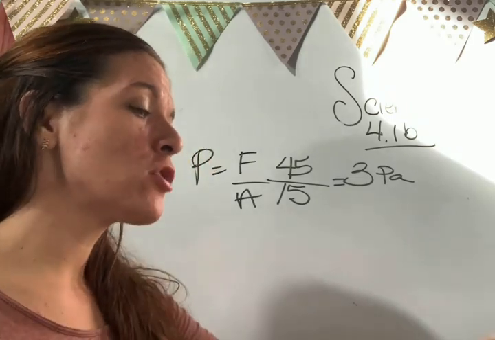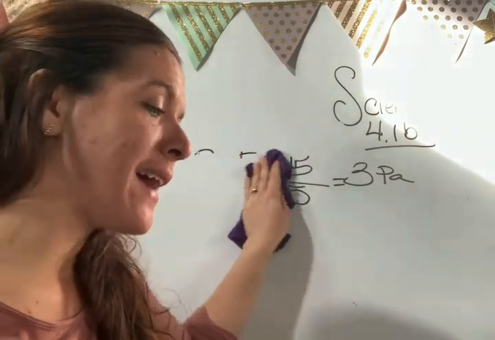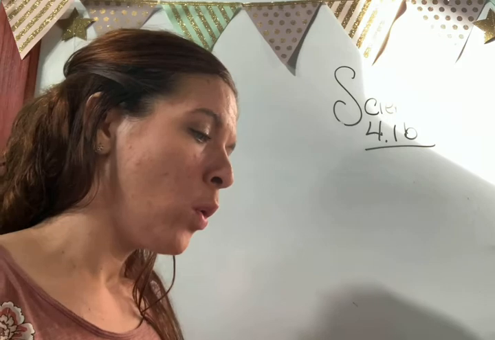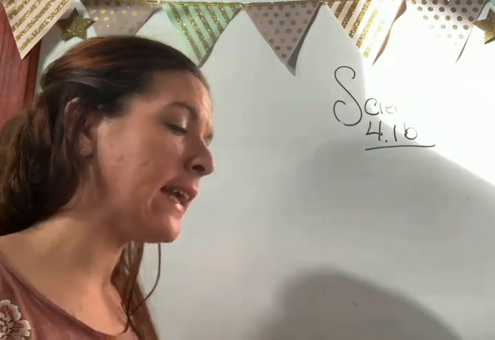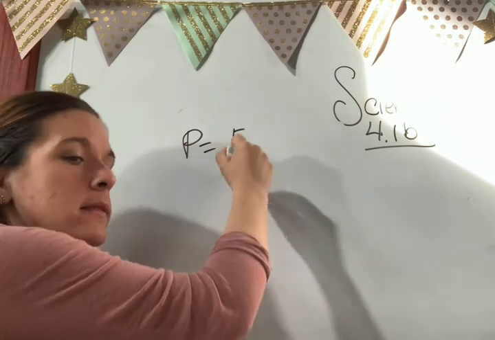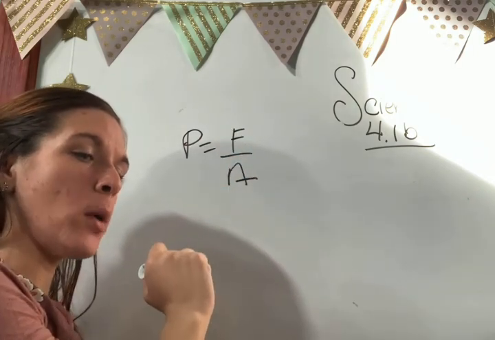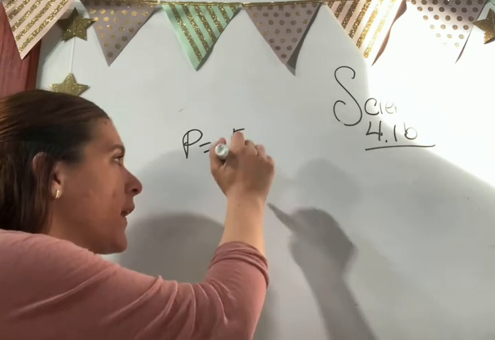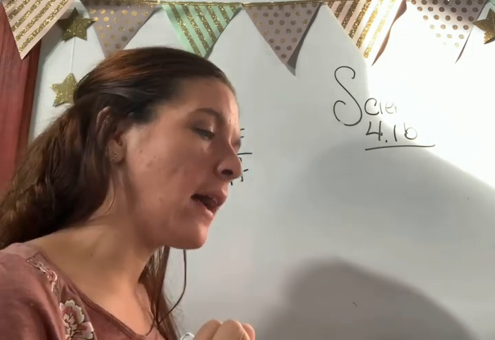Number 2 says if the large piston of a hydraulic press has an area of 500 centimeters squared, what will be the total force upon it if the pressure is 100,000 pascals produced by the small piston? Again, produced by the small piston. Pay attention to that. It means that